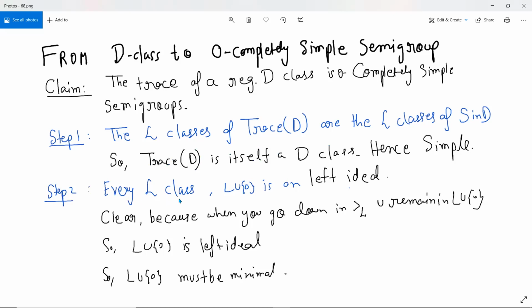And step 2 is that we want to show that every L class is in fact an ideal, and we know that if it becomes an ideal, then that L class has to be minimal, and so on. And so we just want to show that every L class is an ideal. And this is clear, because when you go down by the L order,